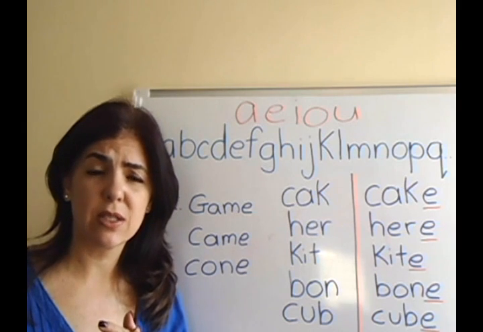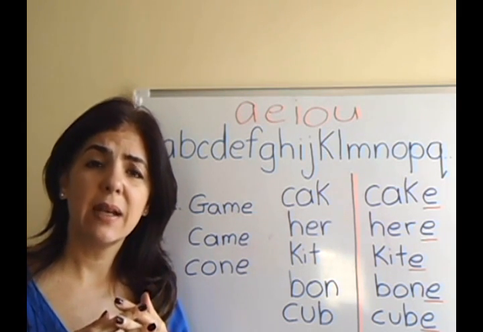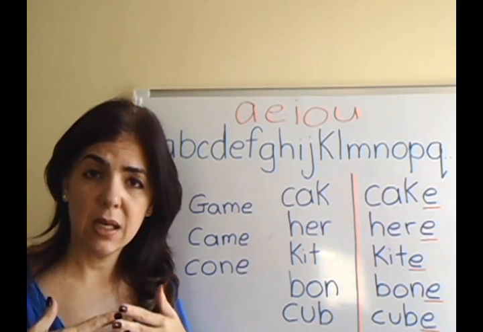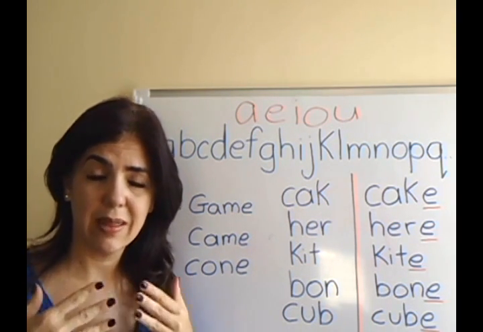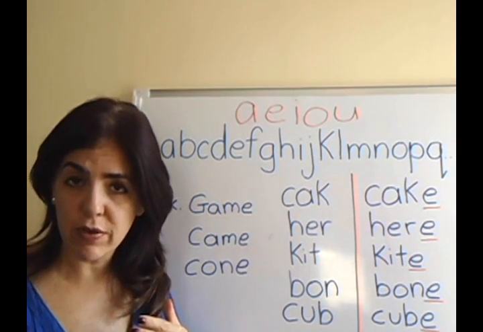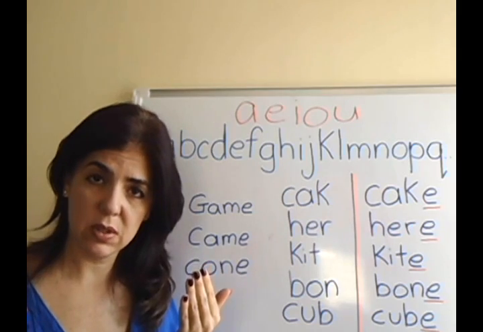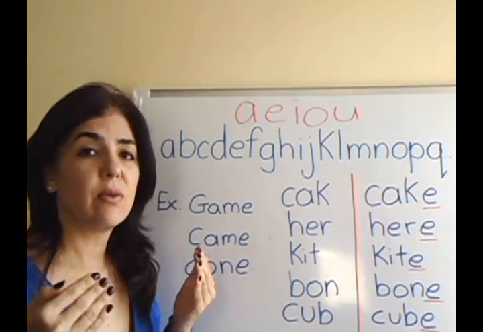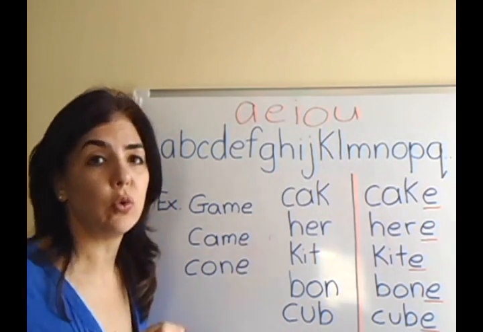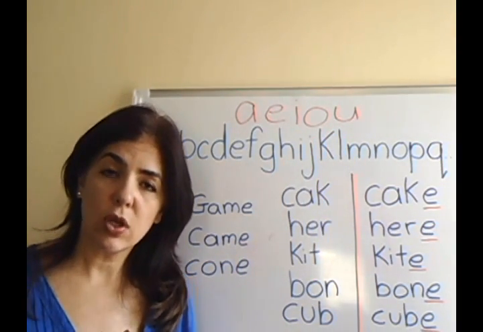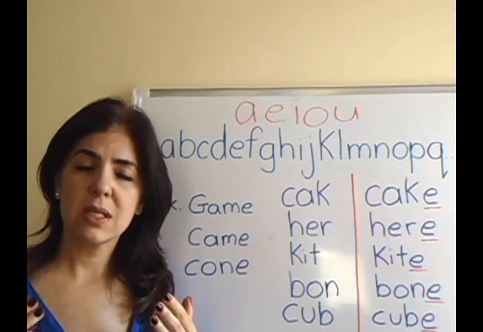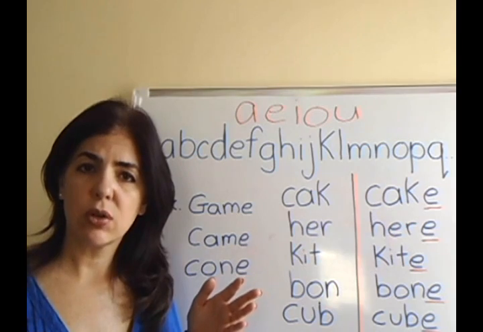Once your child has mastered this, you're going to tell them that now you're going to talk about long vowel sounds. You're going to explain to your student that he or she has short vowel sounds and long vowel sounds. Long vowel sounds are the names of the letters A, E, I, O, and U. Once you have told them this, take 3 weeks and have your student identify one day short vowel sounds, one